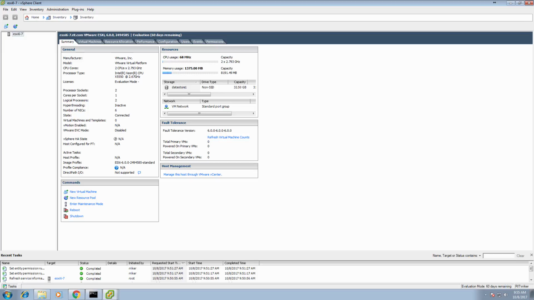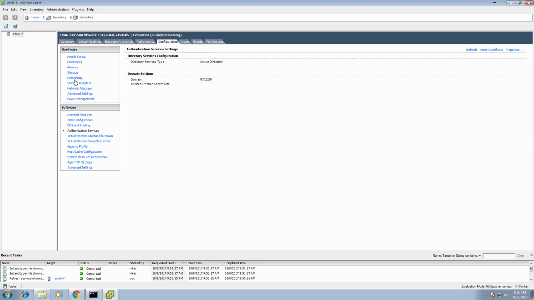And then we're going to deploy a virtual machine, and then manipulate the virtual machine from the vSphere client. That's pretty much going to be the bulk of what we're going to cover in this introductory portion of the series, because that's pretty much all there really is to it. A lot of the other stuff is more or less just performance and maintenance and things like that. So from the configuration perspective, if we click on networking,